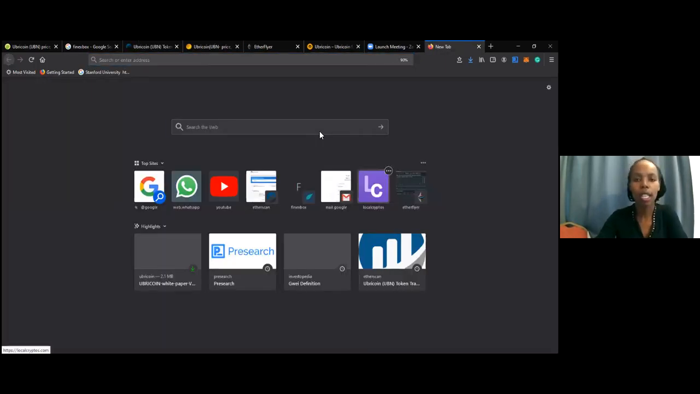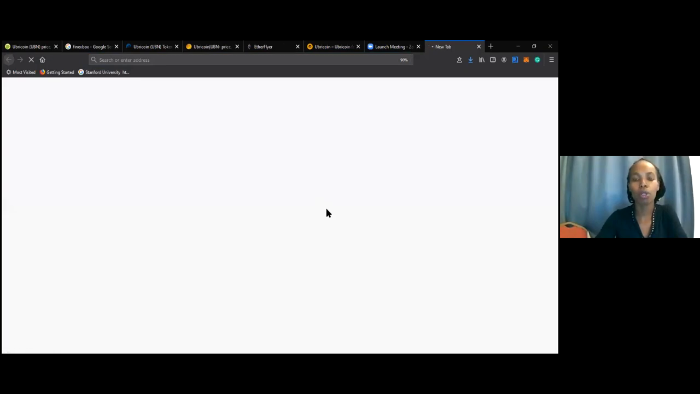So we said that this is where you start. For you to start trading with Ubricoin, you must first get some ethers from localcryptos.com. And localcryptos.com is a very simple website to work with, because when you open it,